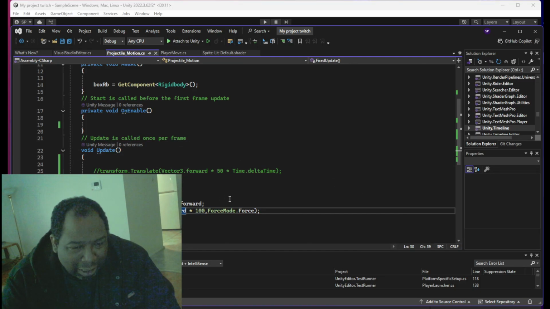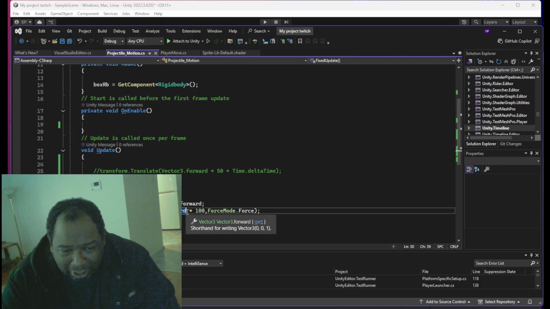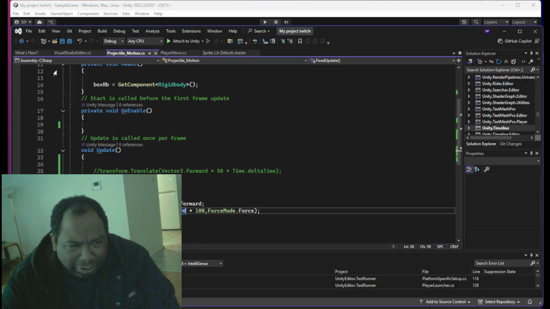That's the stuff that kind of gets me sometimes. If I put Vector3 forward, it should be the forward vector of the object at that moment, so I shouldn't probably have to put forward vector. That's the other thing too.